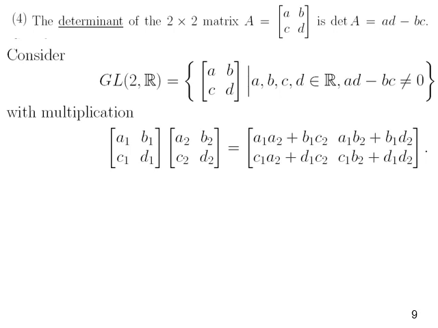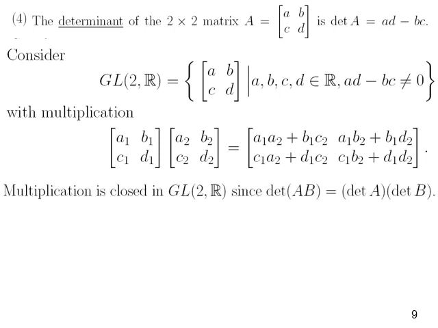If we multiply this matrix with this matrix, multiplication is closed in the set GL2(R),